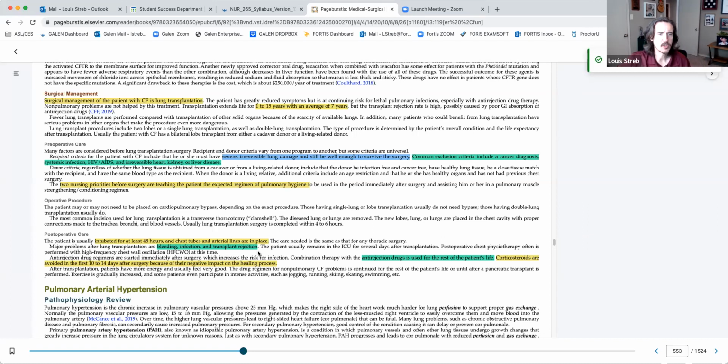So anti-rejection drugs are going to be given immediately. And this combination therapy of anti-rejection drugs is used for the patient's life duration. So as long as they stay alive, they're going to be on this anti-rejection medication regimen. Corticosteroids are avoided in the first 10 to 14 days after surgery because of the negative impact on the healing